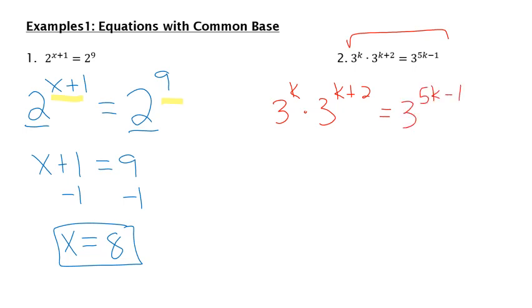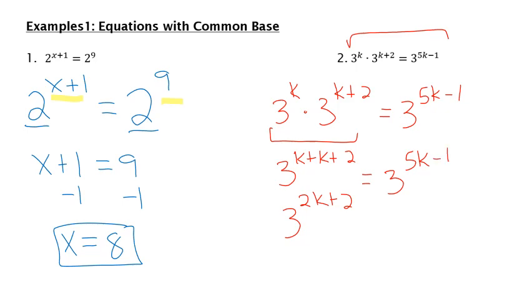and if I'm multiplying these like bases, I'm actually going to go ahead and add those exponents together. So k plus 2, which is going to give me 3 to the 2k plus 2. And then I have this as 3 to the 5k minus 1. Now that we have